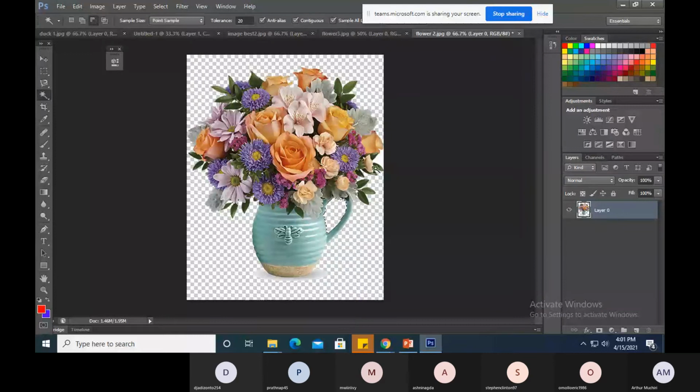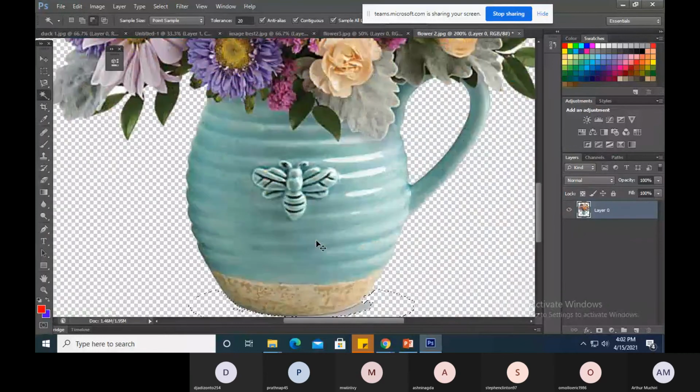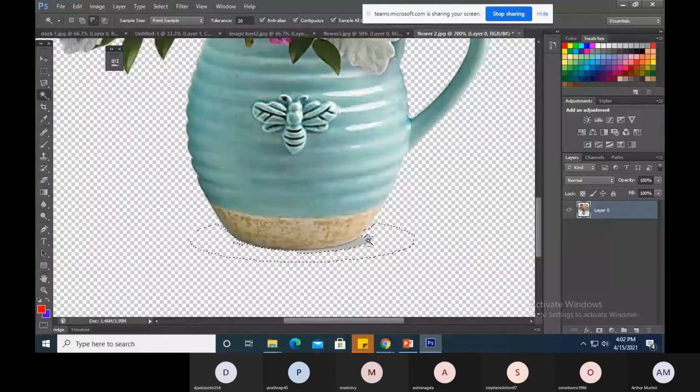Then you want to delete this section, Control D. So you can see the magic wand tool. Also there is this portion here at the base of this flower holder. So you just deselect first, Control D, then you click. You press the delete key on the keyboard. Still we have some white sections that have not been removed. So Control D, and then you click again on that remaining section, and then you press the delete key. So now you have your